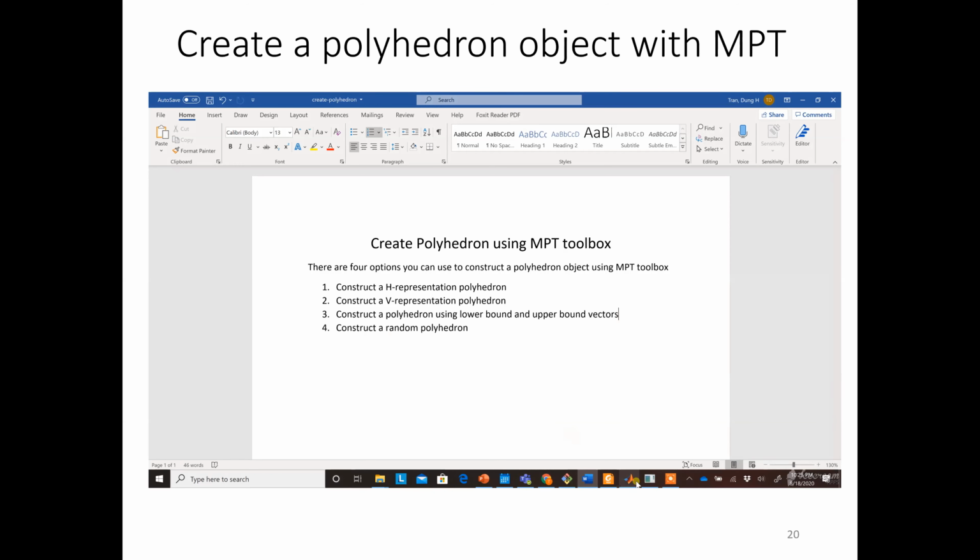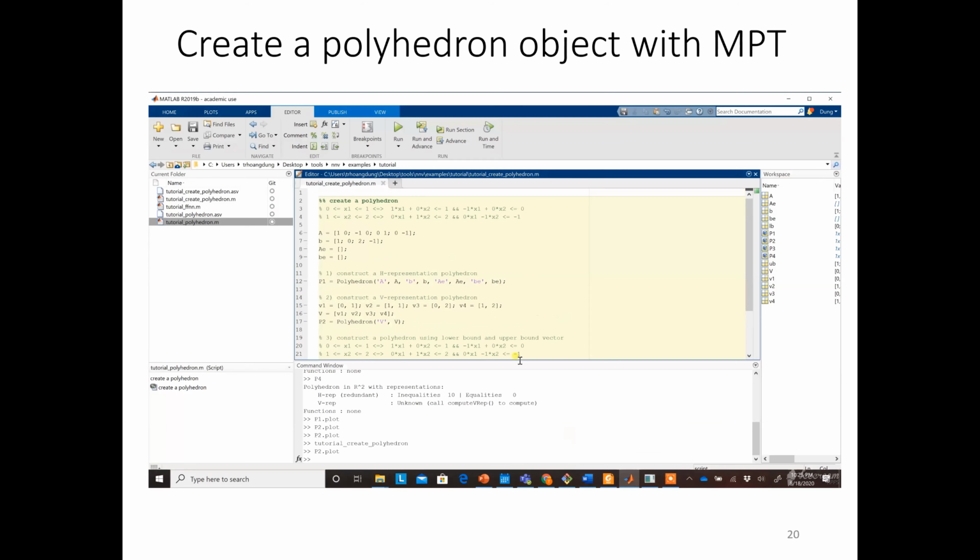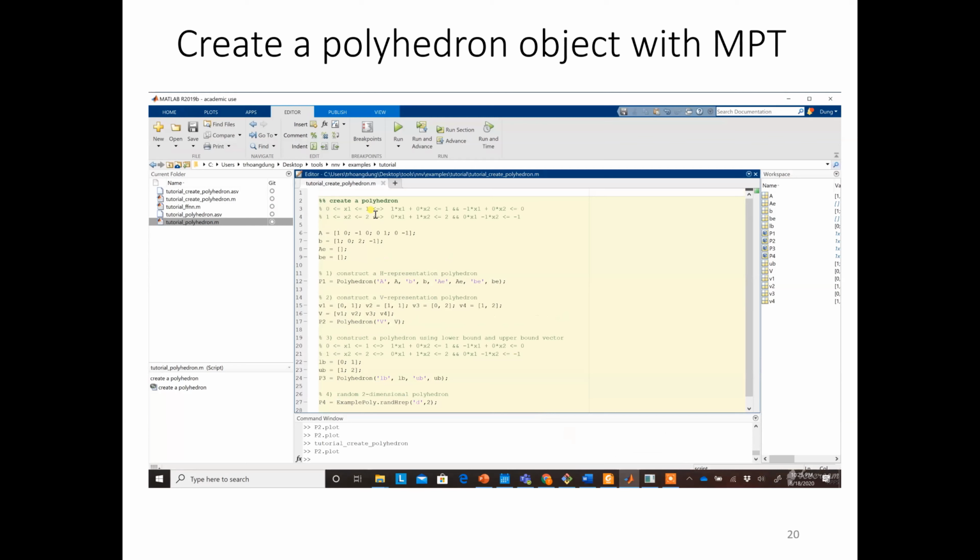Okay, so let's look at the code. In this code, I'm gonna show you how to create a two-dimensional polyhedron. Basically, here is the box. So x1 is between 0 and 1, x2 is between 1 and 2, and you can transform this